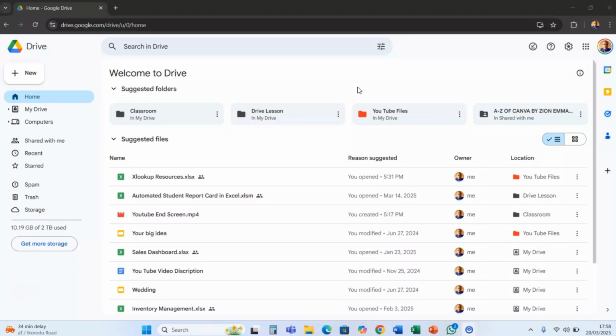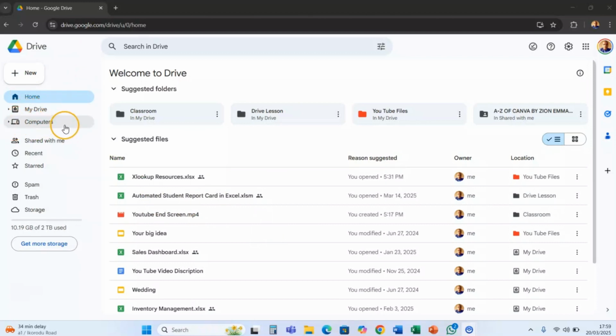Of course, this is a very useful and important lesson because it gives you that kind of flexibility and it prevents document loss and a host of other problems. So how do we go about it? Of course, we are in our Google Drive. I've done a lesson on how you can get the most out of your Google Drive, so you can check that lesson in the description. This is what we want to concentrate on today.